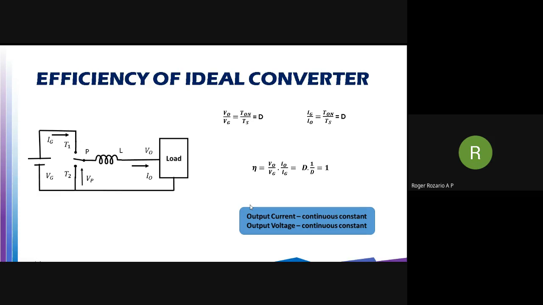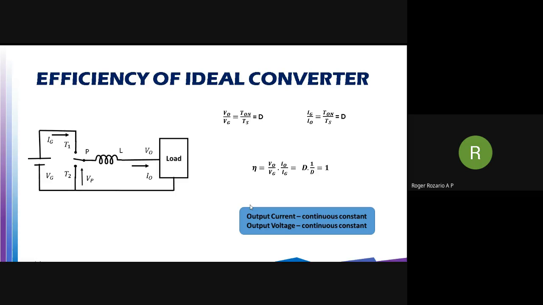So this is going to be the process for analyzing all the converter topologies. Using the volt-second balance, you calculate the forward voltage conversion ratio. Using the current averaging method, you calculate the reverse current conversion ratio. Using these two ratios, find the efficiency of the converter. So you have to be clear with what volt-second balance in an inductor is and how to do current averaging to find the reverse current transfer ratio. So this is for an ideal converter.